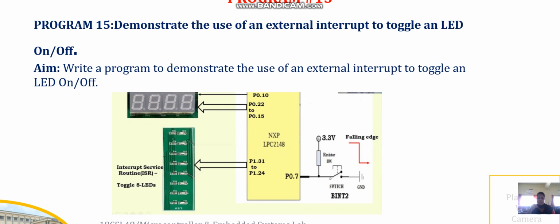On and off. Suppose I want to blink the value of 5. Then the respective fifth bit is going to show the toggling, meaning only that respective bit goes on and off. This is what they have shown in this diagram. This is the kit, and we use that LED kit. With the help of our interrupt service routine, we are going to generate the LED blinking.